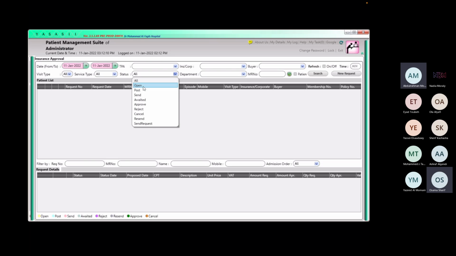This then starts from here. Here there will be a request created under one line, and that line will be open. He can then post it. By post, he means that he has acknowledged it. I have posted it to Osama that he will take care of it. Okay, I've assigned it. You can say post is nothing but assigned. Someone is working on it. Third thing is send. Once I send it to the insurance office, so I'll go to the Bupa website, or whatever it is, or I will say that everything is fine and